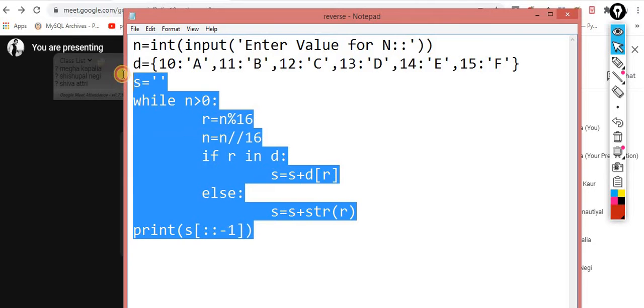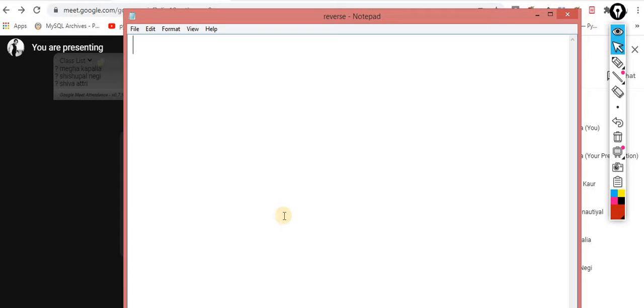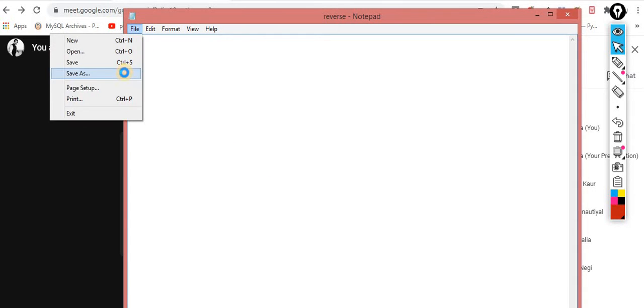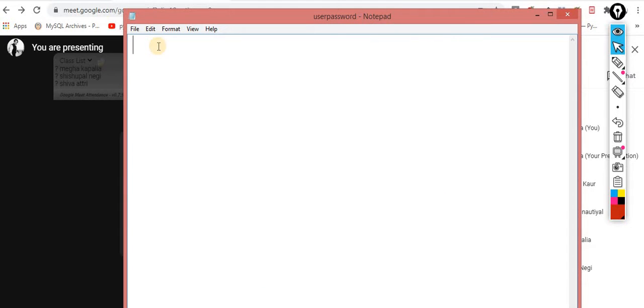Okay, so the problem statement was the username and password. After watching the video 1 or 2 times, it will give more clarity, because I am explaining it in a real-time scenario use case. So I am taking username and password, and I am saving it. I am changing the name, save as user password.py. Understand and enjoy my code. First, I am taking static values: the user is 1 2 3, and the password I am taking is 3 2 1.